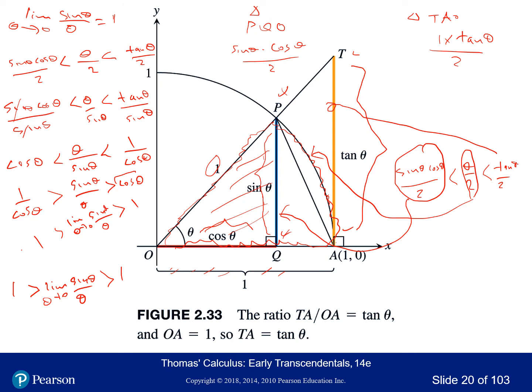Since this says 1 is greater than the limit of sine theta over theta as theta goes to 0 and greater than 1, then it's obvious that the limit of sine theta over theta as theta goes to 0 must be equal to 1. And this is proved by the Sandwich Theorem. So this is the Sandwich Theorem proof of the result that we just also proved in a different way. Let's take a look at